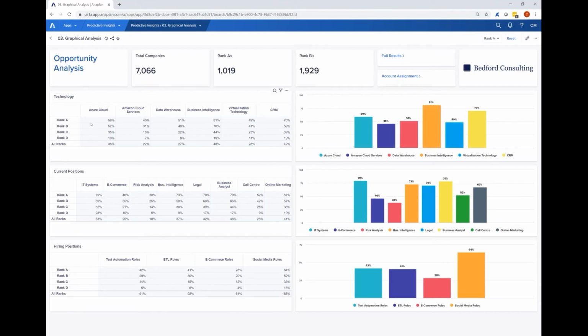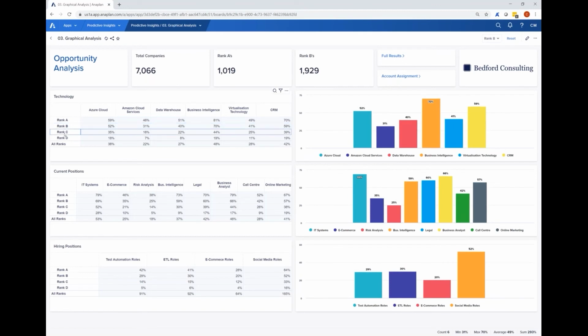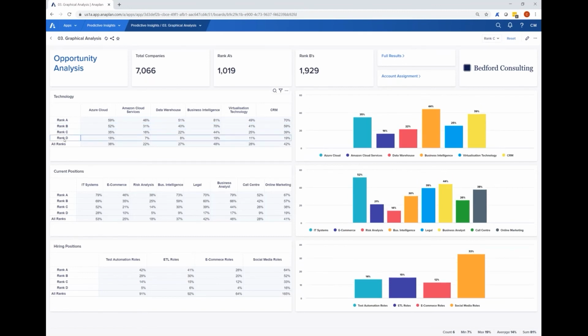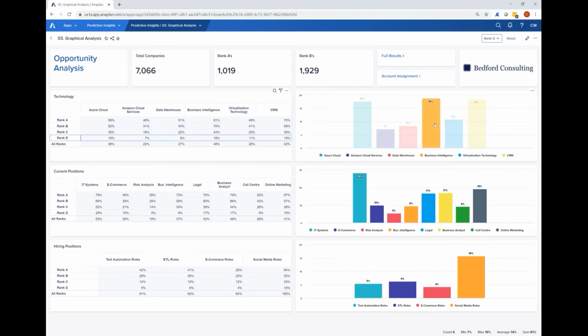across these ranks. If I look here on the charts, for rank A, 59% of our rank As are using Azure Cloud, 51% have a data warehouse, 81% have a BI tool. As I move down through the ranks, you'll see how these proportions change. If I get down to rank D, then for example, only 19% are using a data warehouse, and these are